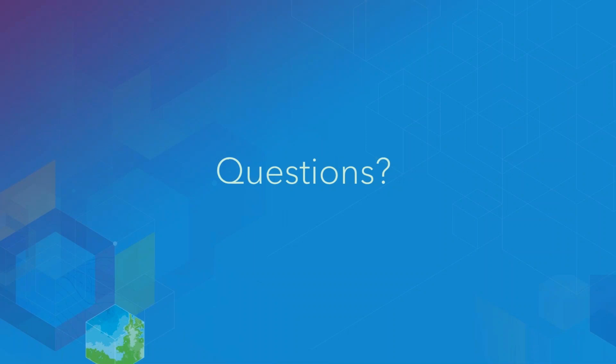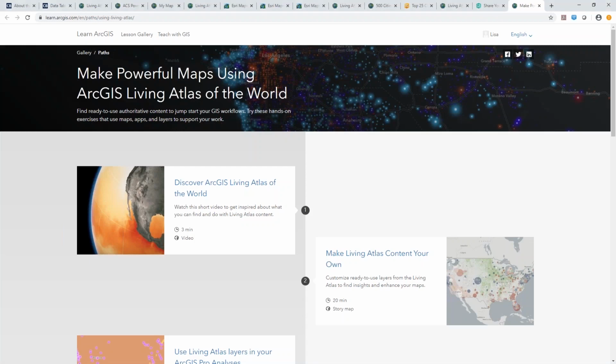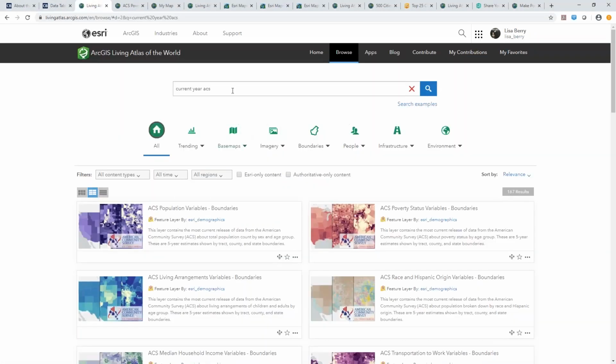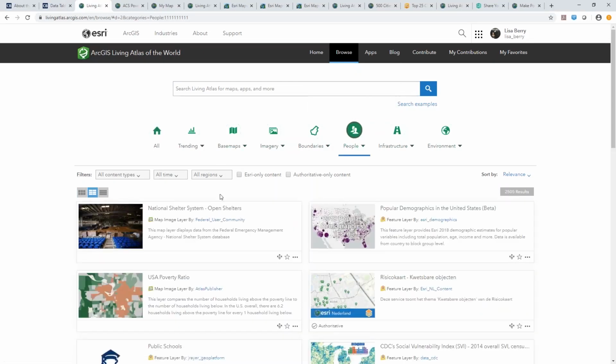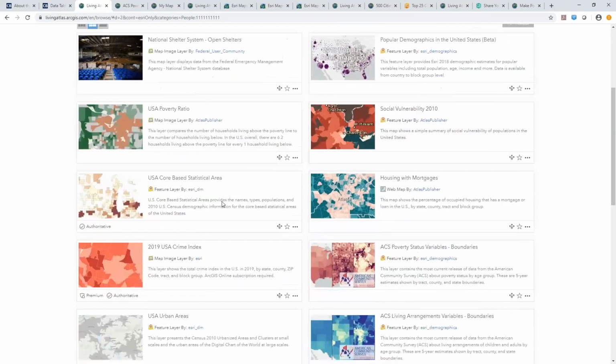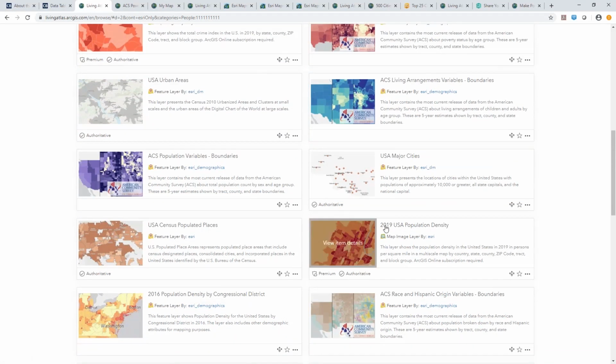You know what? I'm just going to go ahead and show you this because I do get this question often enough. So if we are in the Living Atlas and go to the People category, there's quite a few Esri layers that contain the most current data offered, like the ones that are in Business Analyst and enrichment. You'll notice that this says premium. That means that it consumes credits. This is something like 1 credit per 1,000 clicks. So keep in mind that it's 0.001 of a credit